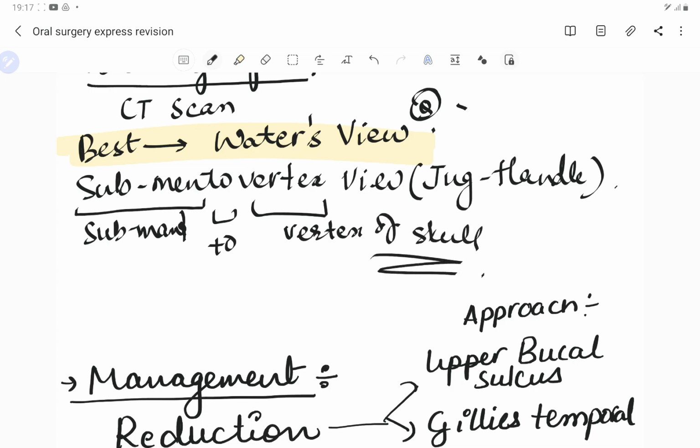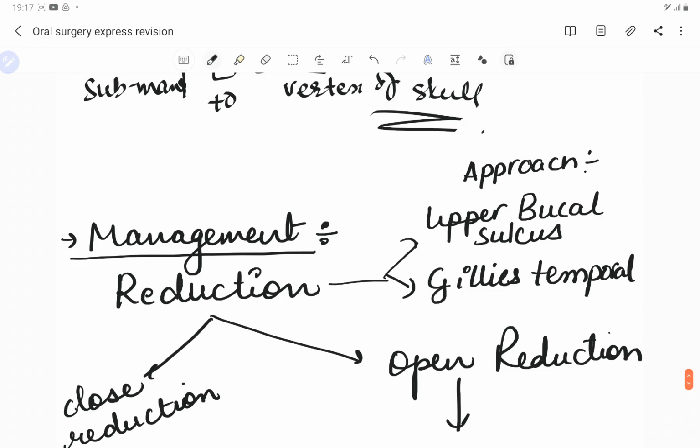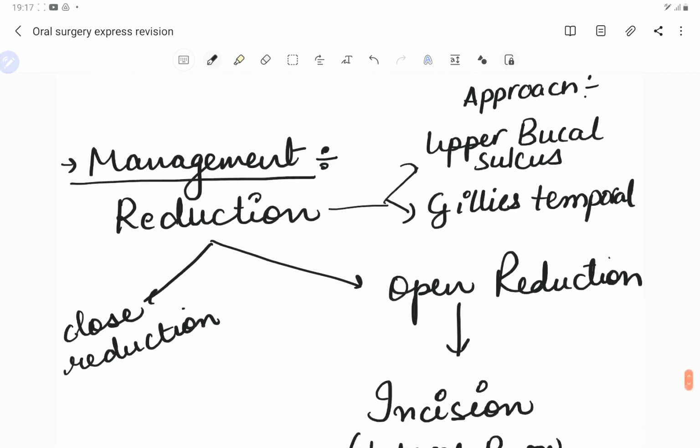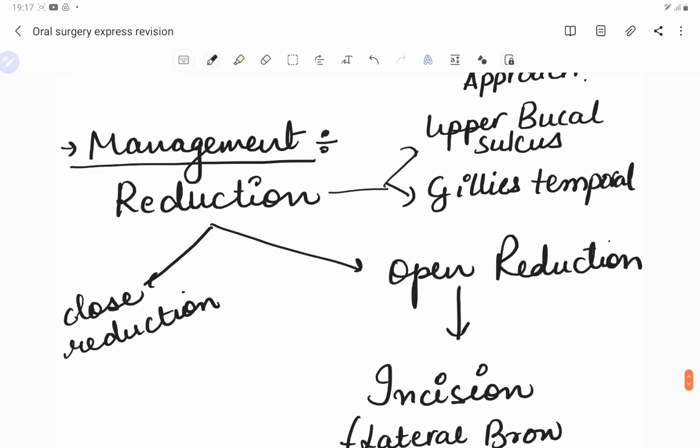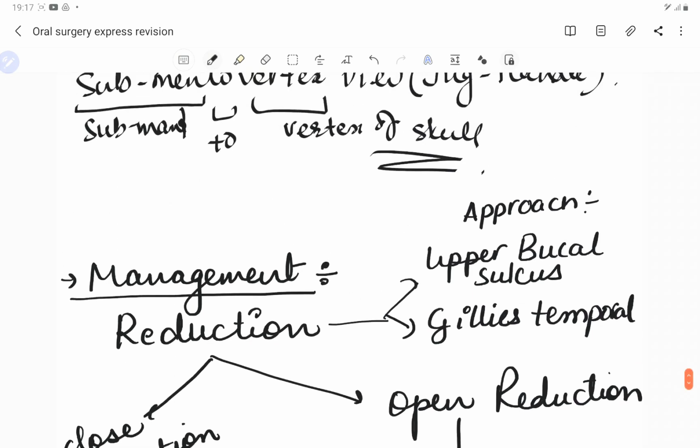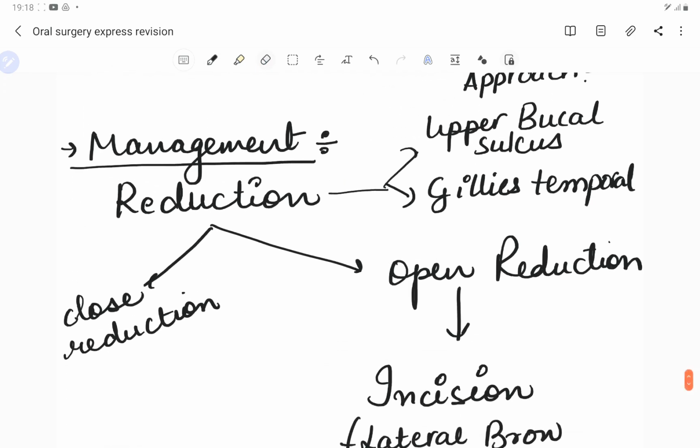Right. Now that we have diagnosed the zygomaticomaxillary complex fracture, it is time that we treat it. So the first thing we have to do is the reduction. Guys, all these things we have already covered in the previous part of the video. So if you haven't watched the videos, please do watch these previous parts first, then you can understand all these things better. So the first thing we have to do is, say this is a fracture fragment like this. We have to take it back together to its original position. This procedure is what we call the reduction of the bone. So we do the reduction first, approximating the fracture fragments back into place.